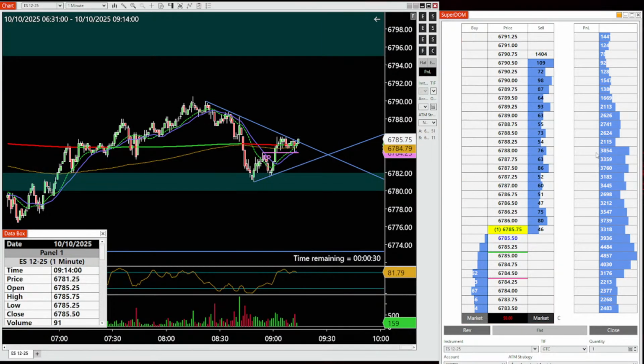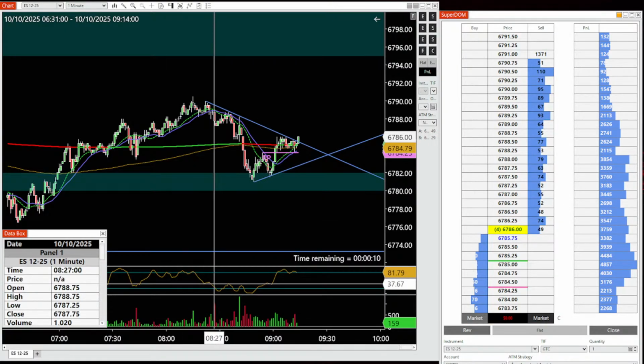But do I want to take it with all these orders? We've got people trying to stop the movement up here. It can go. What time is it? 9:13, so another 15-minute bar is about to open up. I like